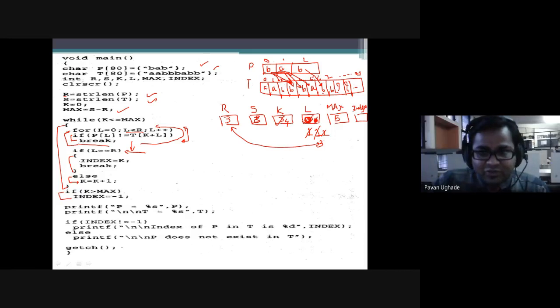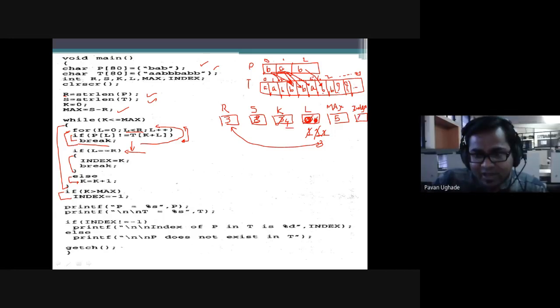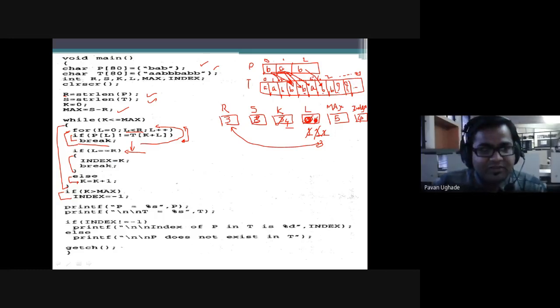So index value, now it is saying the value of k. What is the value of k? k is holding 4. So index now has your 4. What was the index? It is the first match. It's the position where we get the first match. Check it out, where do you get the first match? 1 2 3 4, the match started from here, if you remember. Yes, right, sir. That's the index value, and we are simply breaking.